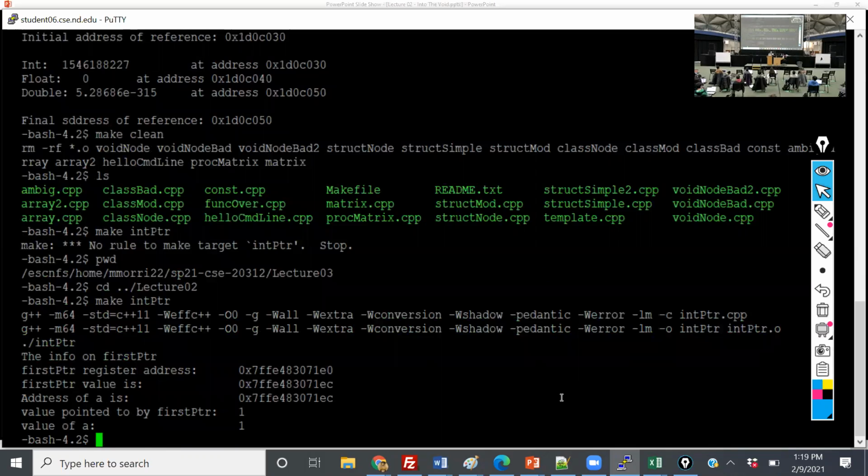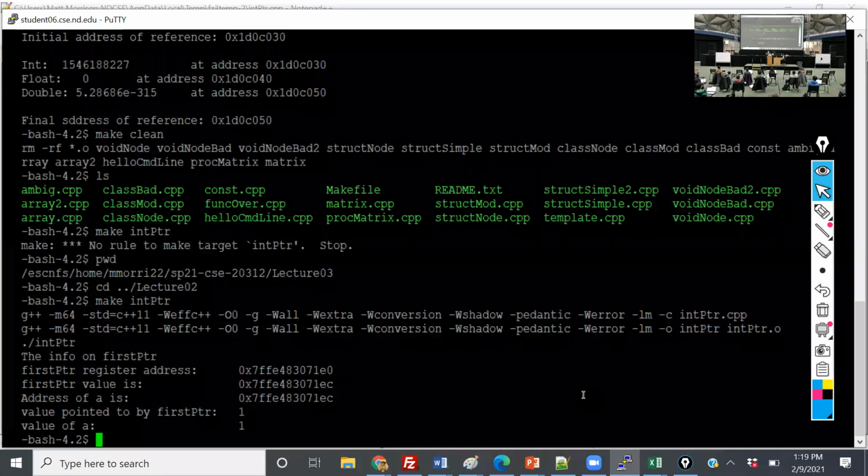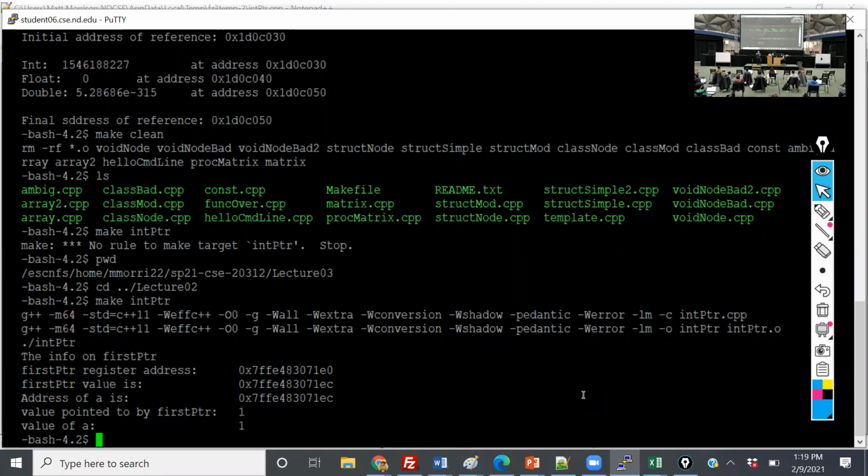And we see that it does the same thing as we inspected. The difference here is that I also have star first pointer, which dereferences the value that we're pointing to, and I have A that's pointing there. Those two should give us the same result, and they do. All of that code, by the way, that I'm going to show you, if you go to that link, I have it all there, so you can go there and study afterwards.